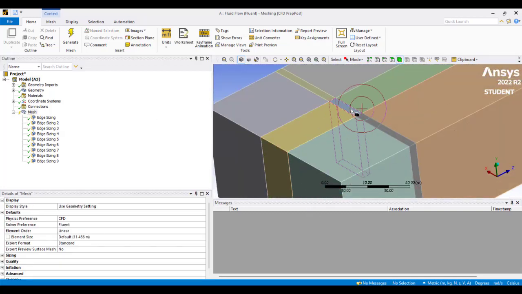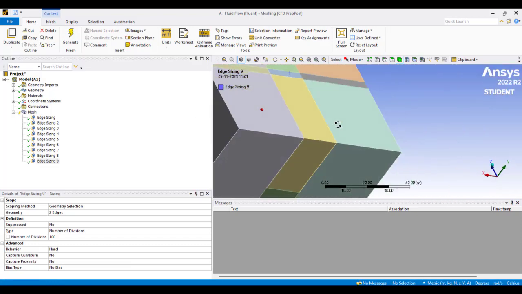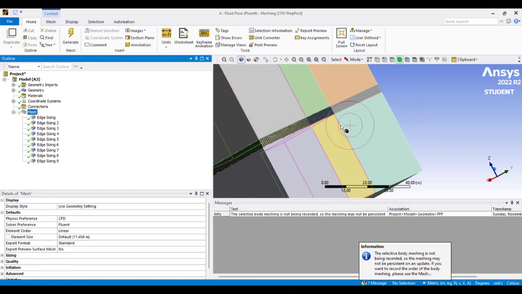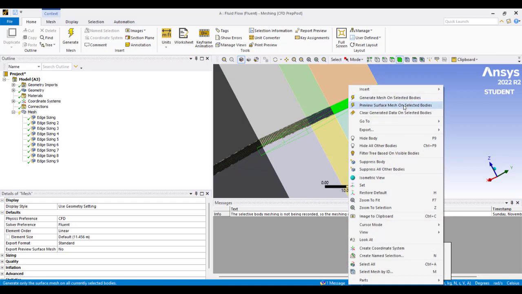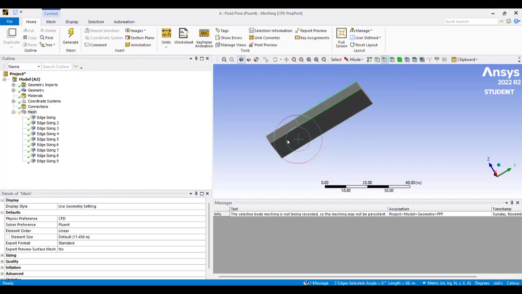Again we already have those things, so we just need to mesh this, generate mesh on the selected body parts, and after this we'll go to this. We have already created the generate mesh on the body parts, and after this we need to go to this. Similarly, we can do hide all other bodies, similar settings, select this,